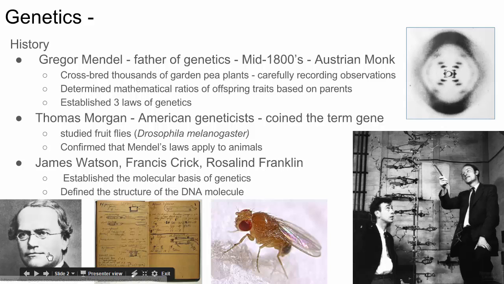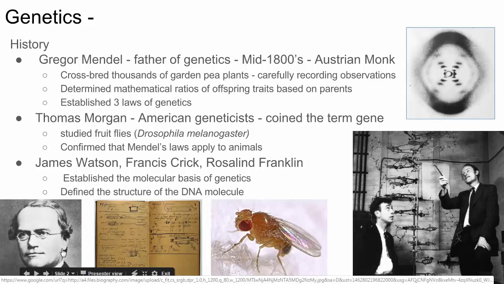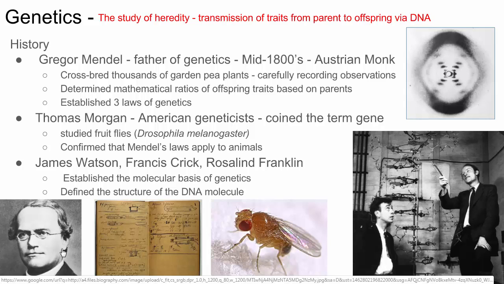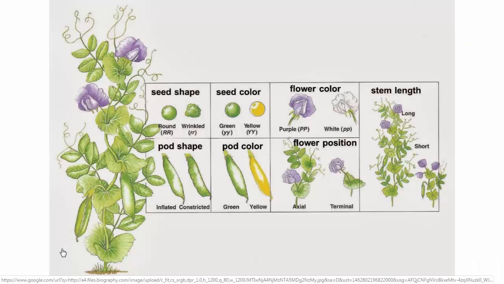So, just in terms of the history of genetics, you guys know about Mendel from 7th grade. He found out basically the main statistical breakdown of how organisms reproduce and pass on those traits. He was using pea plants, had very meticulous notes, and did thousands and thousands of crosses between plants to see the pattern of inheritance. It was actually kind of lucky he used pea plants because pea plants exhibit pretty clear traits that are dominant or recessive. Most of those traits are not linked, so he sort of picked an ideal plant to do his experiments with.